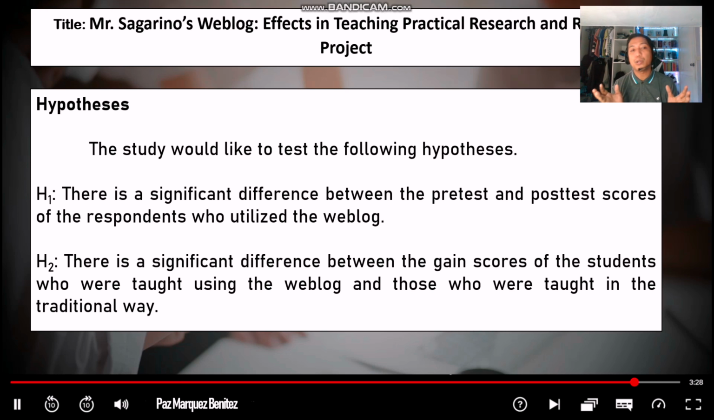So, in the next episode, we will make Part 3 of the Action Research Proposal, which is the proposed innovation,